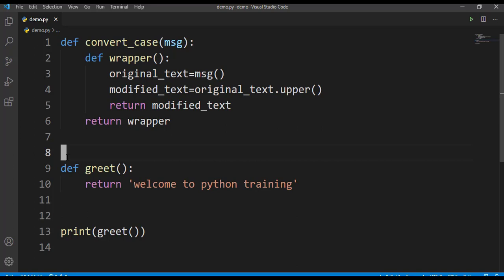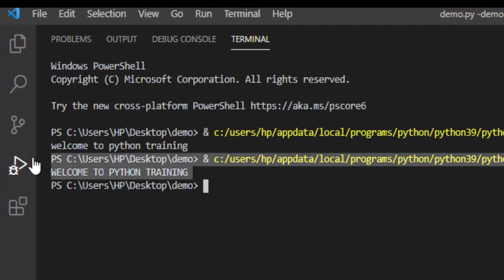Always decorator functions are called before the function on which we want to use this function. So in Python, you can call it by simply mentioning @ symbol and then name of that function. So now when I run this, I'll get text in uppercase. I hope you guys are clear with this decorator function.